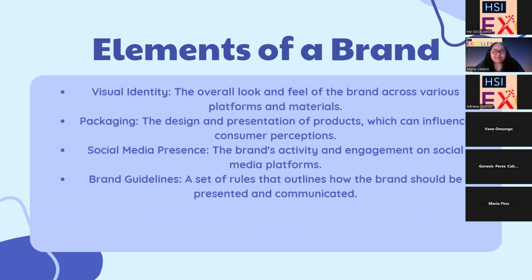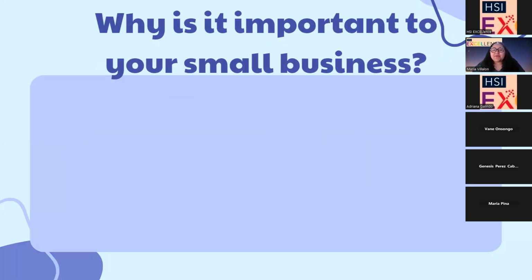Then social media presence. This is something that is super important now in the social media age that we're in. Social media is an important tool to help you build your audience for your small business. So then you also have to consider how will you engage your audience consistently across your platforms, and then what kind of tone will you take with them as well. And then lastly, we have brand guidelines. So what are some rules you will have in order to maintain consistent branding for your business across all platforms and networking materials?